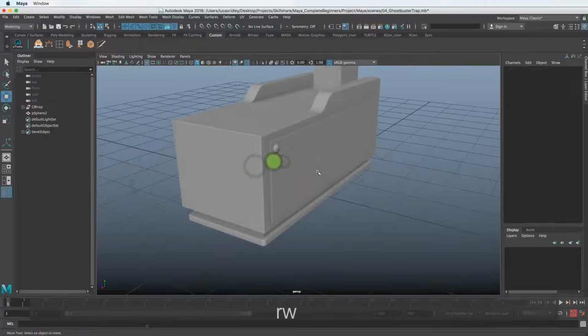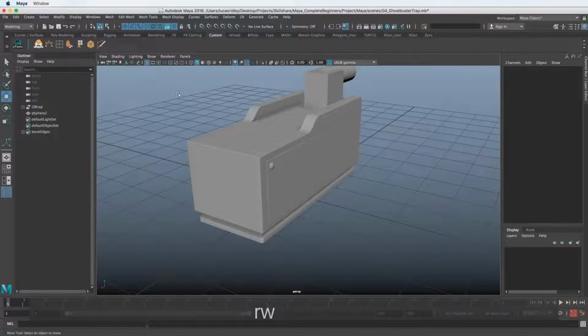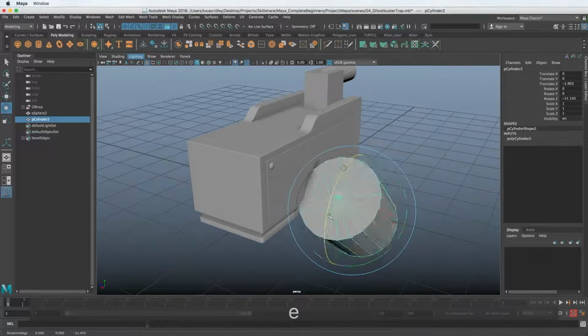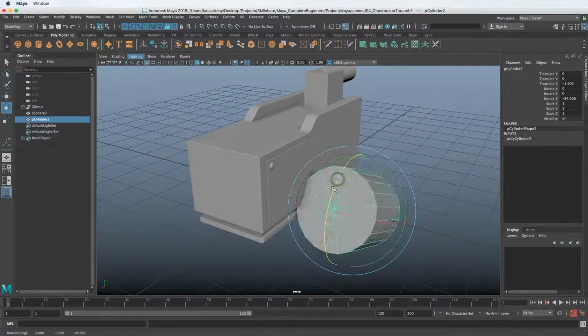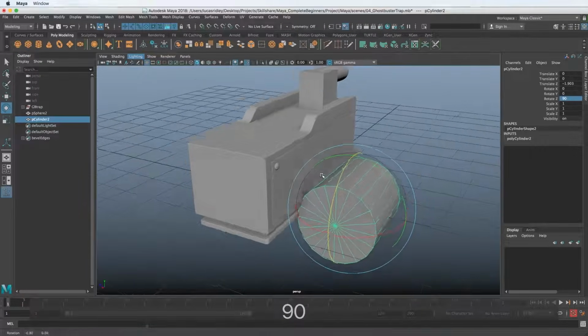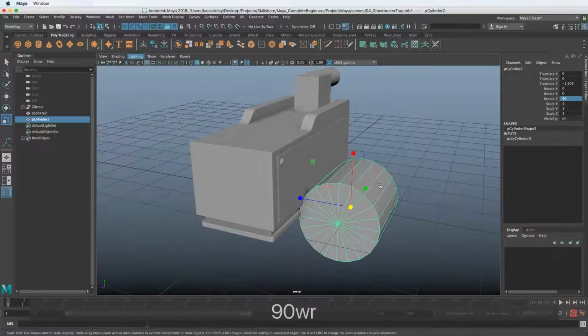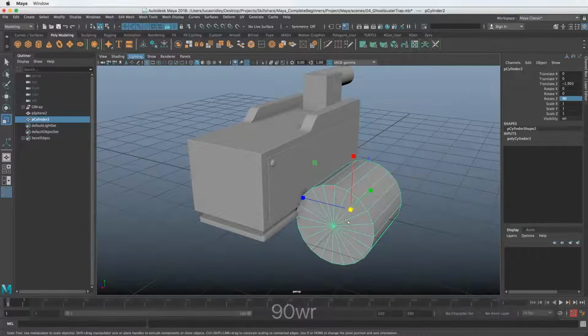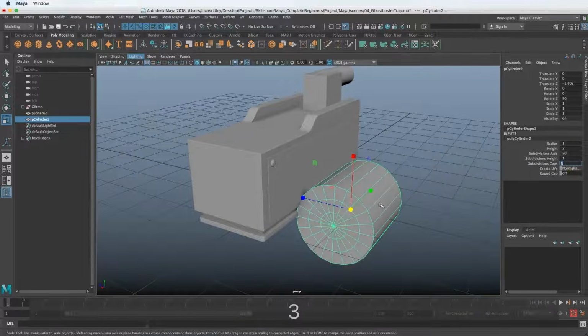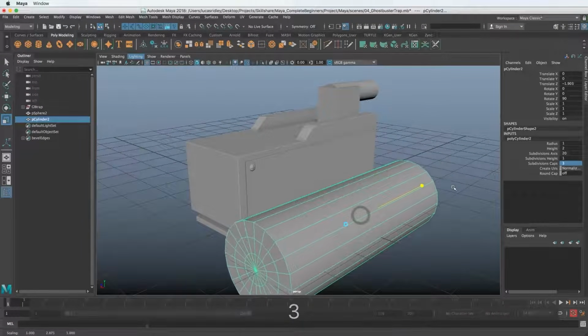So now we've started to add this panel, and we can add a couple more details, like these cylinders, which are super easy to do. Let's just create a cylinder, bring it over, rotate it down 90 degrees. I like to do it here first, so it tells me which axes I'm doing it in. Then I know which one I need to type it into up there. The other thing I want to do is add more subdivisions to the caps. So I'm going to untoggle the input here for the cylinder and go to subdivision caps and just say, let's just say 3 for fun. And the reason I'll show you here in a second, because we need to adjust the model a little bit.